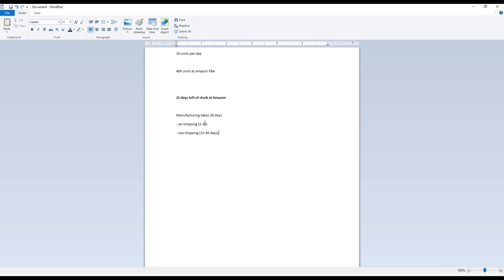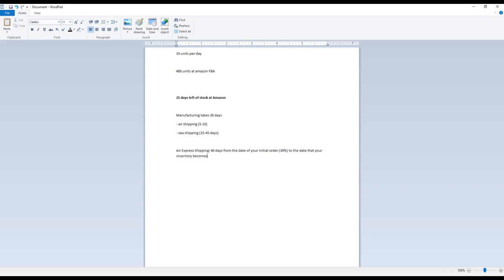So best case scenario, right? I assume most of you are probably going to be doing air shipping. Your product from the moment you place your initial order is going to take probably 40 days to actually arrive and fully check in at Amazon's warehouses, right? Air express shipping, I would plan for 40 days from the date of your initial order, aka the 30%, or maybe you negotiated lower,